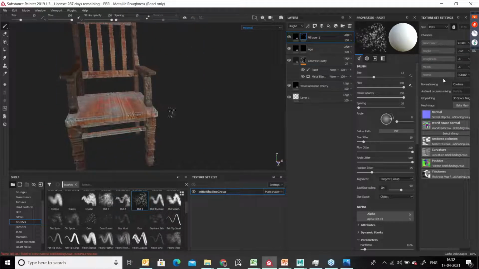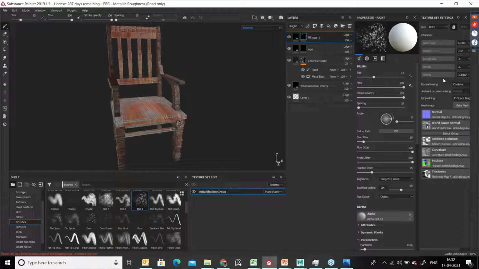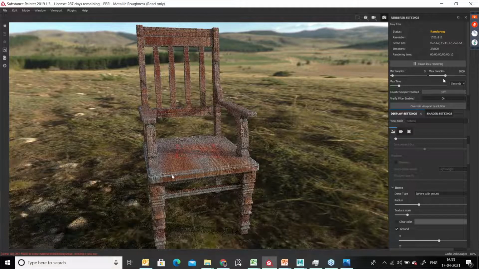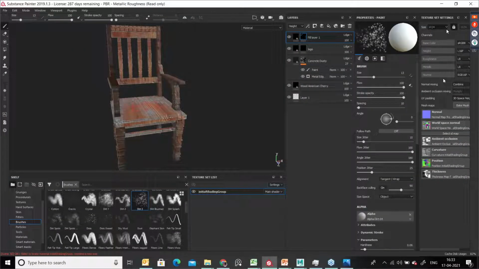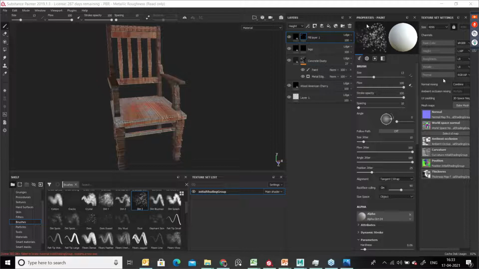Now we can change this texture view into 4K and we can see the output of this chair in rendering. Okay, we can just check it out here in render output. But now the render output comes on 1K, so with 1K you won't get much detail. See here, it's not great, right? So what we have to do, we have to change this texture into 4K. Then you can check it out in rendering. You can see some magical effect.